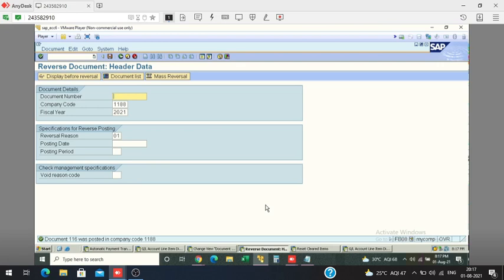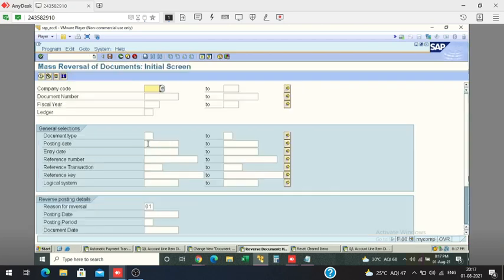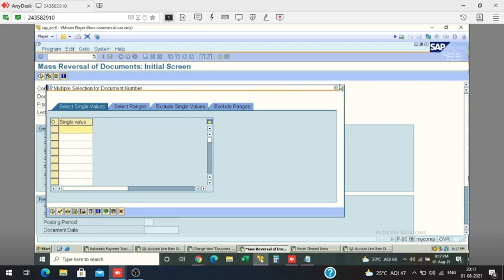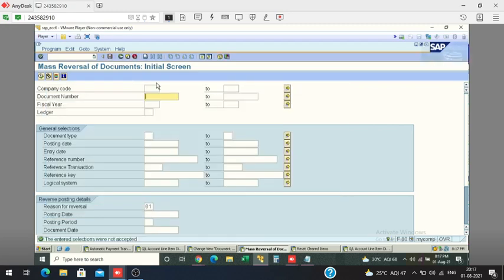For cleared items, FBRA. Another T code is also available, F dot 80. This is mass reversal. If you want to reverse multiple documents at a time, put the document numbers, your company code and fiscal year, then execute. All documents will be reversed. Before that, if there are cleared items available, we have to run FBRA. Okay, yes, tell me.